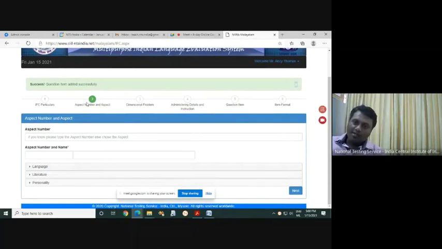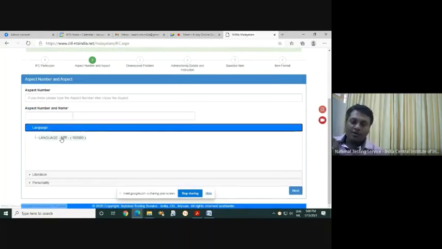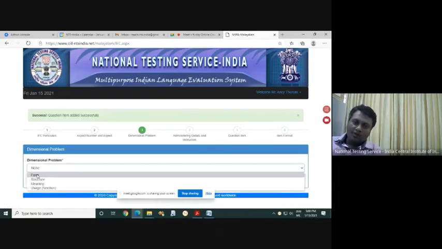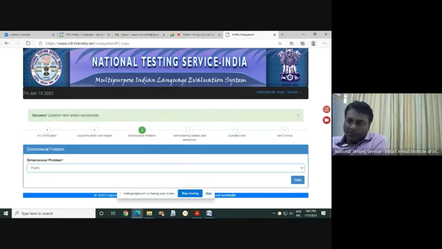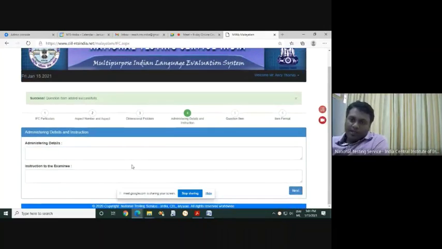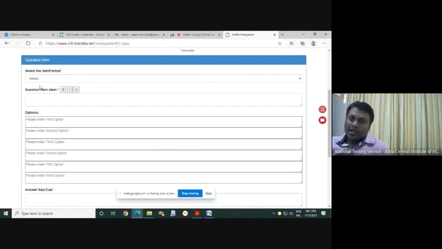See, now automatically it has come to the second tab. Again, you can go for the next question. So suppose if you are doing it in language, click language, go next. Okay, in this form, structure, meaning, use. So when you form the question, it is already in your mind. So whether that question comes to the form, structure, or meaning which you are testing, you can give here, you can give next, and in the same way administering details you don't want, instruction to the examiner you give, again you go next.